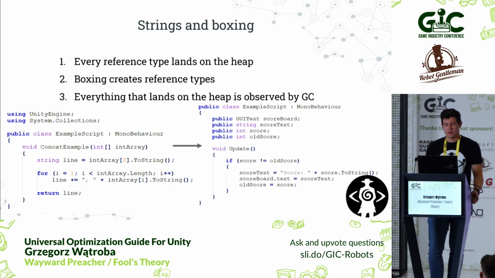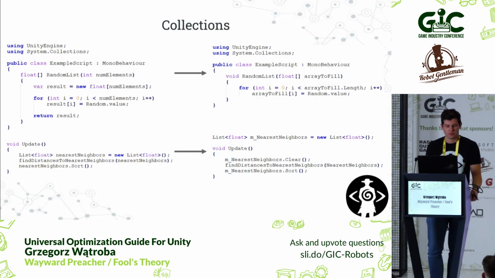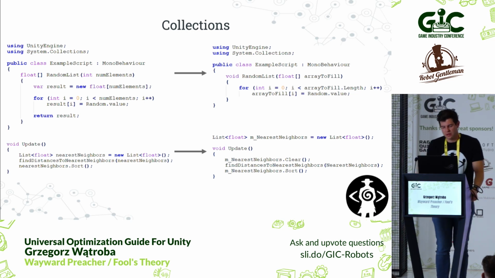Then strings and boxing. This is the most common problem. I see it in like every Unity project. We should be mindful about string concatenation. This is a very popular operation, very often overlooked. Each instantiation of a new string creates a new object on the heap. So try to minimize that to the farthest extent. Use, I don't know, string builder, for example. And with boxing, there are also other related problems.